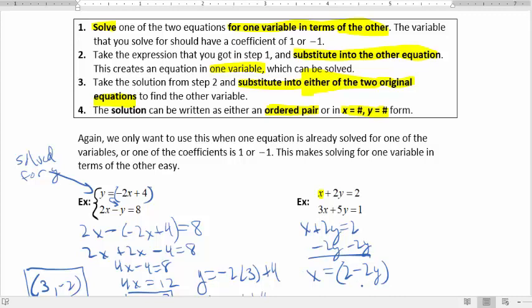Now this is my expression that I'm going to substitute into the other equation for x, right? So I'm going to take this 2 minus 2y, and I'm going to put it right there in the other equation. So what I'm going to do now is I'm going to rewrite the bottom equation as 3 times parentheses 2 minus 2y, so that's x now became 2 minus 2y, plus 5y equals 1. And now I just solve normally, right? Distribute,